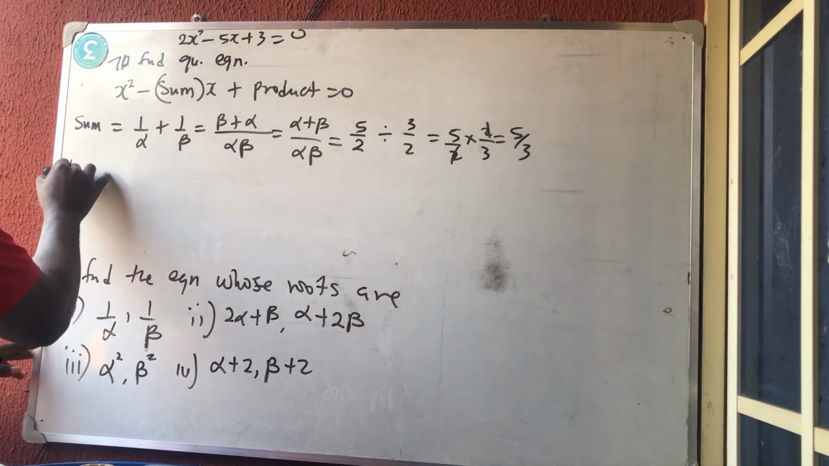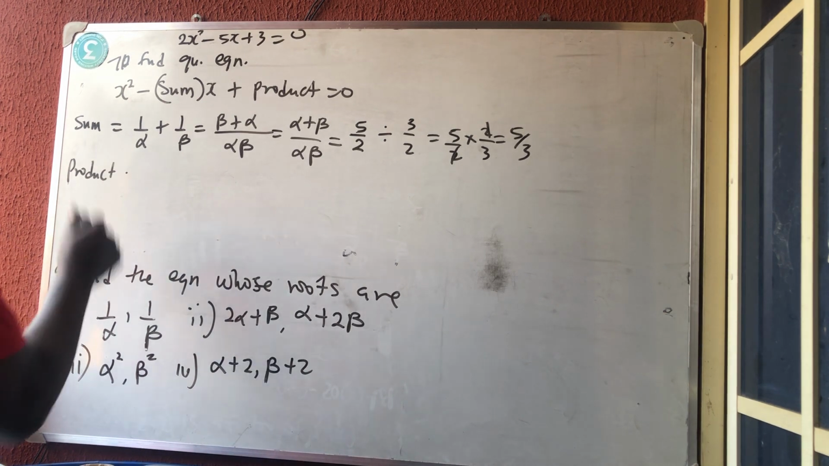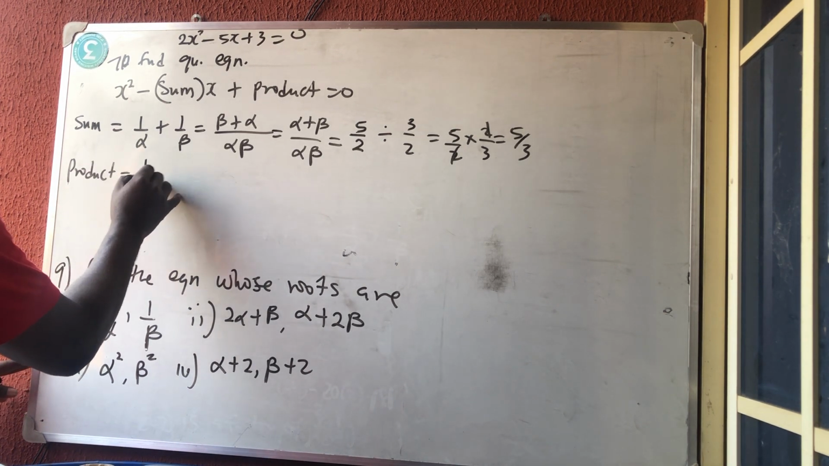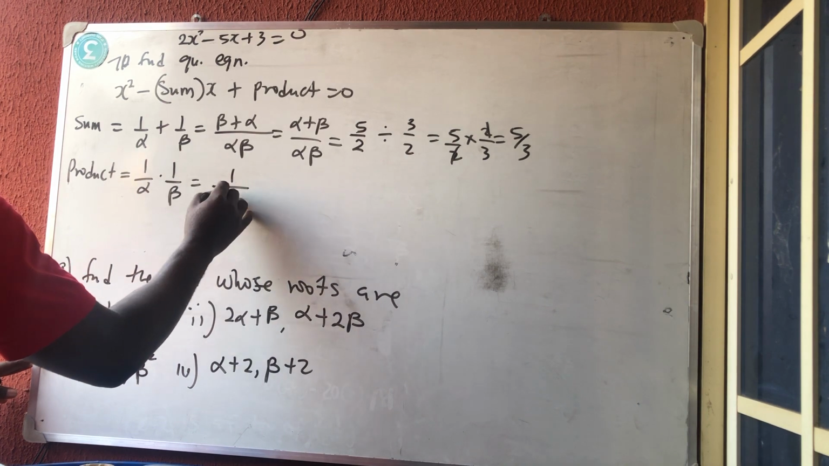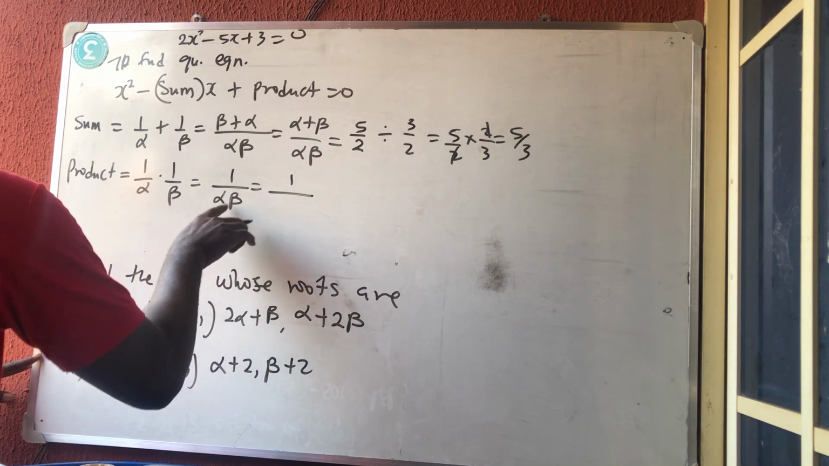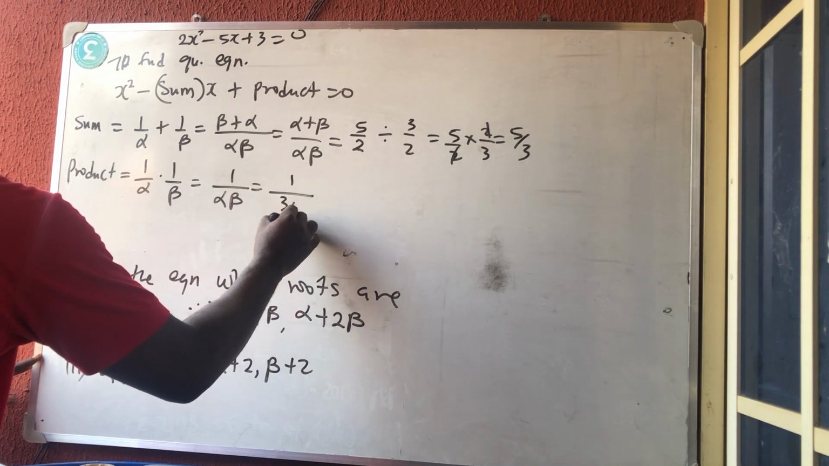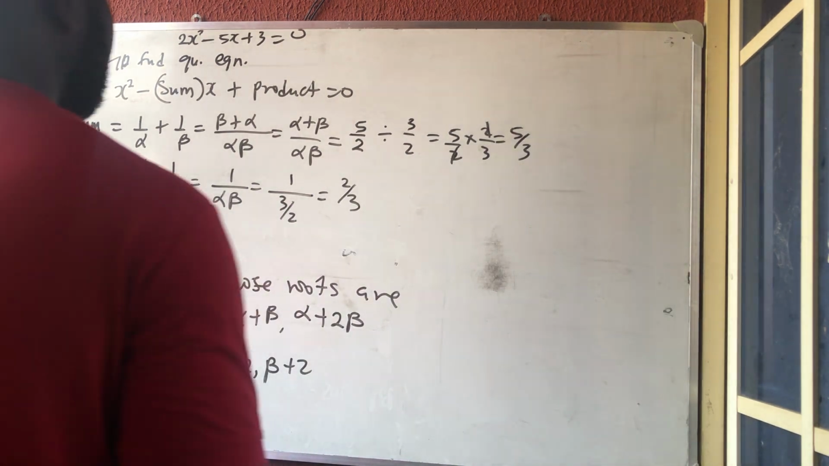The next thing I need to get is the product. And product means multiplying both of them. That is 1 over alpha times 1 over beta, which is 1 over alpha beta, which is 1 divided by alpha beta. That is 3 over 2, and reciprocal means 2 over 3. So since I have gotten